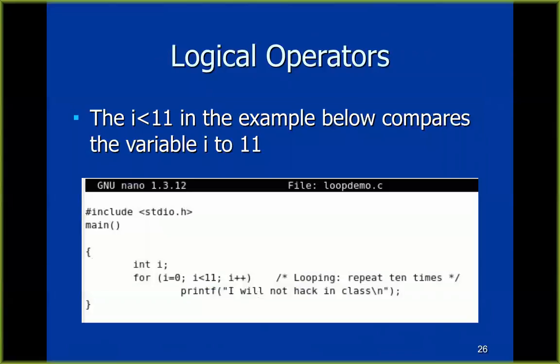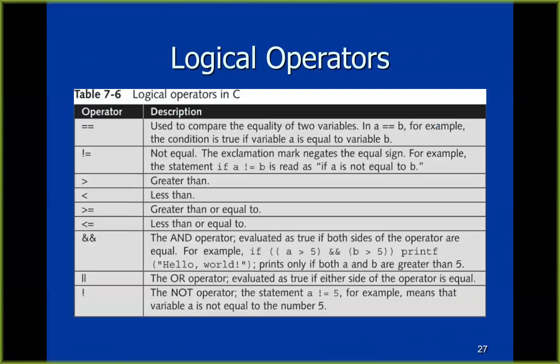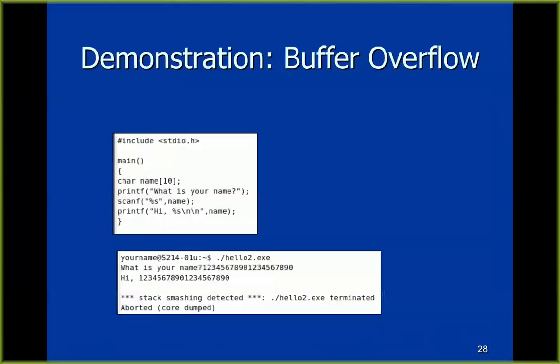And you can do logical things like i less than 11. That's a logical comparison, and the result is either true or false. And in the context of a loop, it will keep looping as long as that condition is true, and it will stop looping when that condition becomes false. And so you've got equals equals, because a single equals assigns a variable a value. A double equals compares to produce a logical result of whether they're equal or not. And you've got not equals and less than and greater than and other options here.